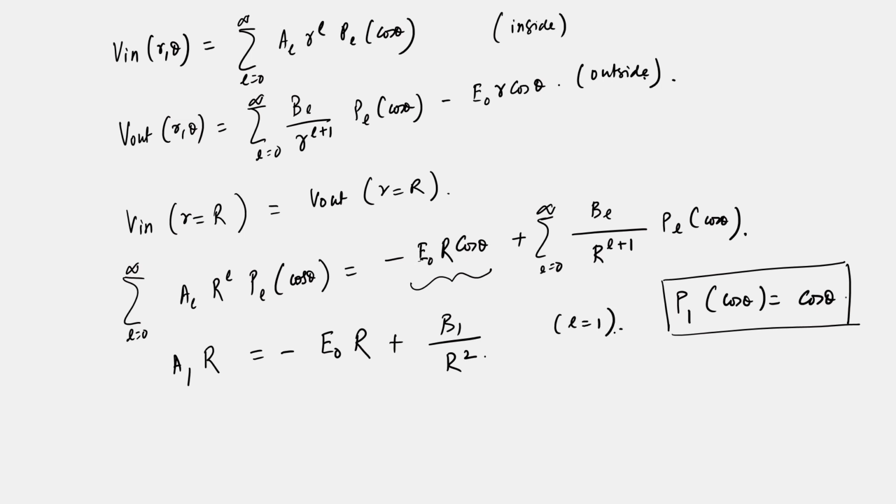And then of course, for the other ones, you have A L R^L equal to B L divided by R^(L+1). That will not include this term that is there. So, this is for L not equal to 1. Okay. So, now the